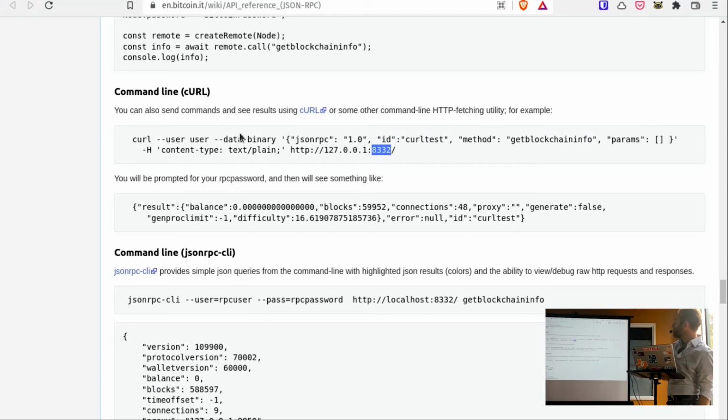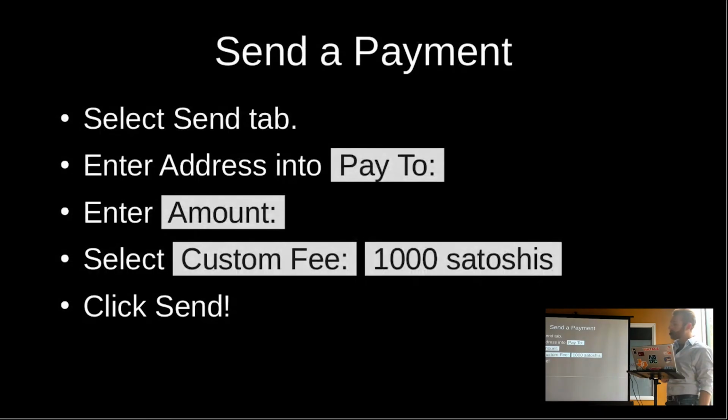Yeah, I don't see where you put the password though. So I think in curl you can specify a password as well. But if for whatever reason this doesn't work, the reason why I wanted to show you this slide